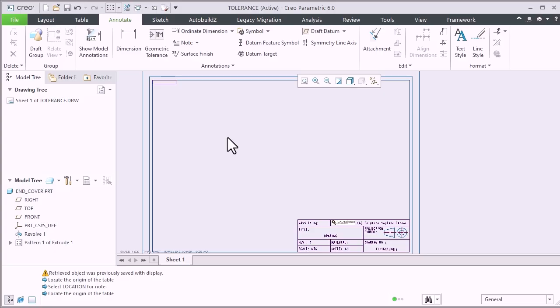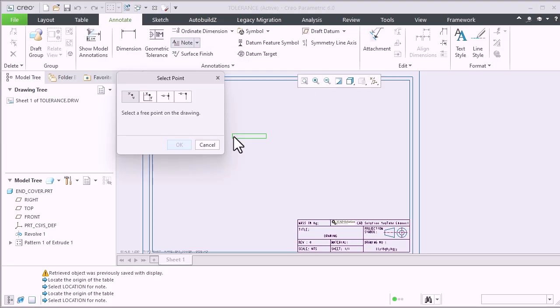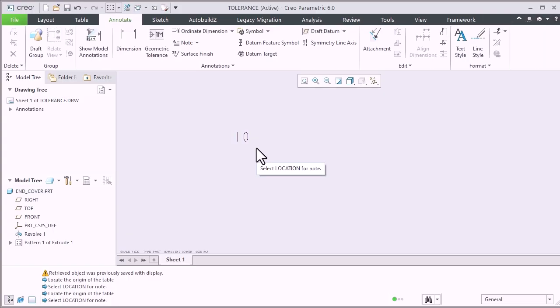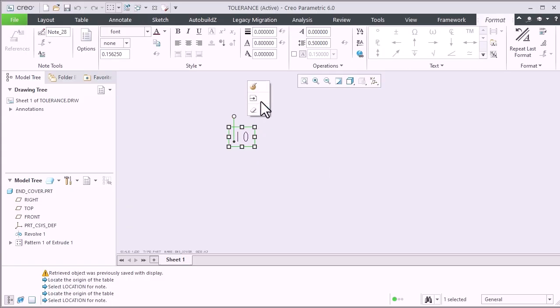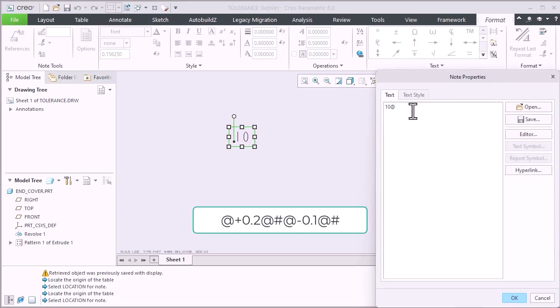Hi, let's learn how to give bidirectional tolerance in note and in table. Take an attached note, give any number. Let's assign upper limit and lower limit tolerance to this note. Edit the note, type @ upper limit 0.2 @ for the closing, and for lower limit again type @ lower